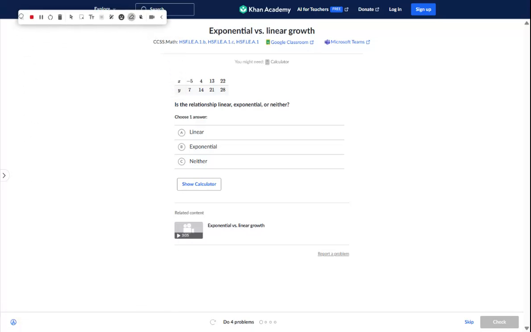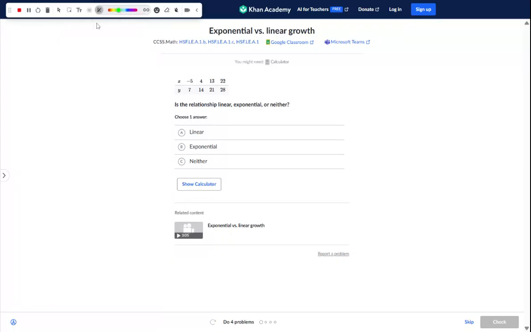All right, so we're looking at our 2.2 homework on exponential versus linear growth. We're going to determine, based on this XY table, is it linear, exponential, or neither? So we're going to have to just refresh, remember what linear means. Linear, as we've learned, is kind of like an arithmetic